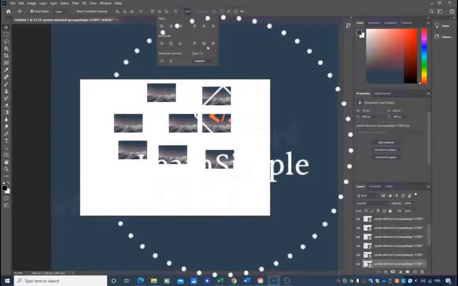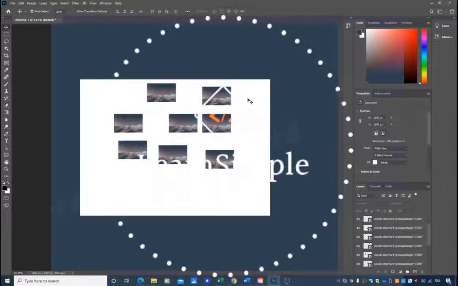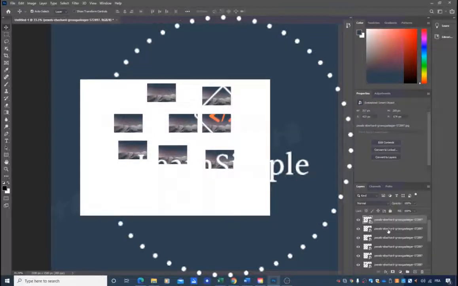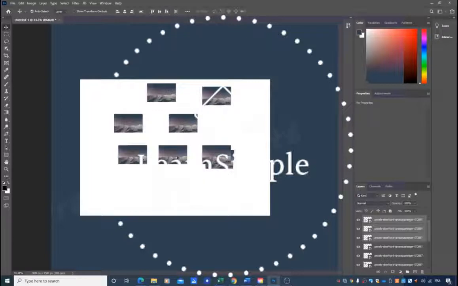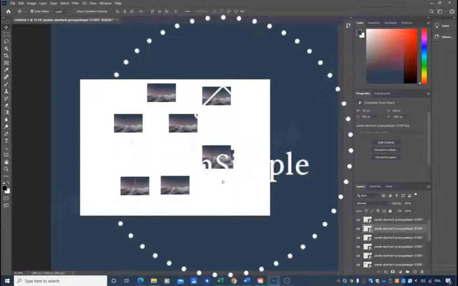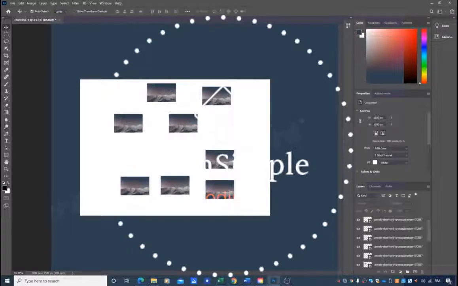So as you can see, there are different other ways that you can align your layers. Not only this, you can, for example, select a bunch of layers. Instead of aligning all the layers, you can select, for example, 3 layers that you want to align and align them in a certain way. So as you can see here, we have aligned our 3 layers in a certain way. As you can see, it's pretty simple to use, and those are the basics of how you can align your